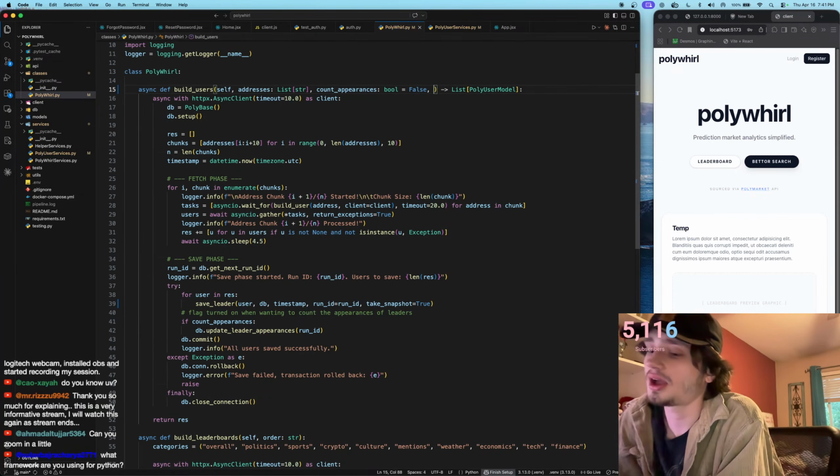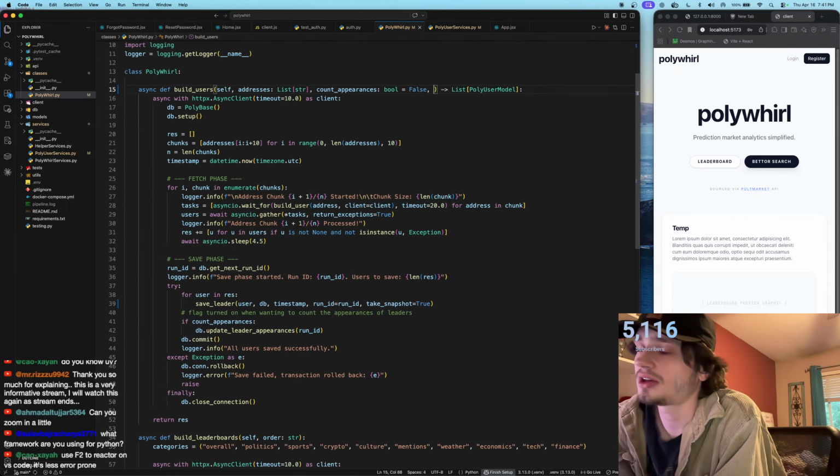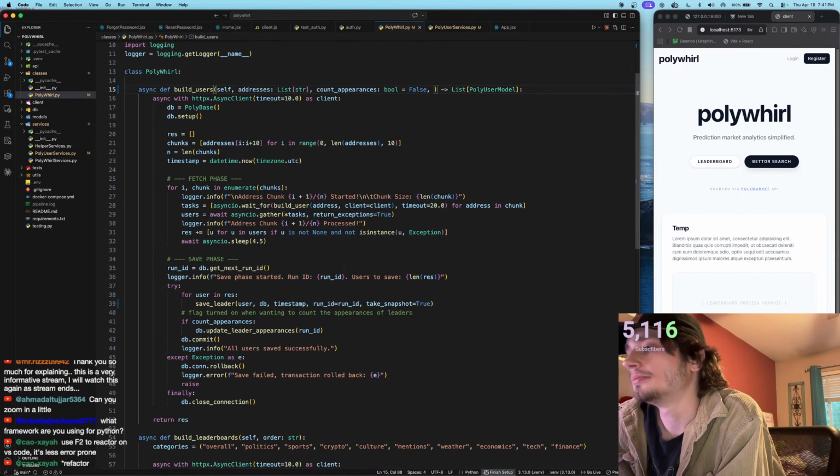I'm trying to think. I know this might be annoying, but I'm trying to think of the best path to go, so I don't have to refactor later on. Trying to be a little bit strategic about it, right? We have save leader here. We could create a flag here for: what do we want? Where's our save path? Are we saving into leaders, or are we saving into just generic